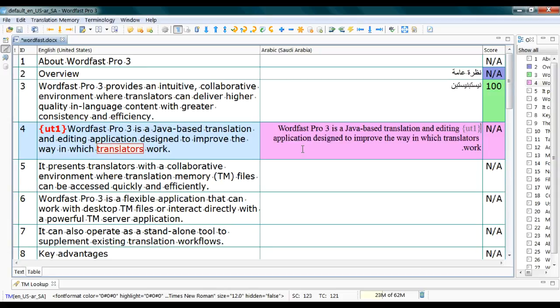I advise you to save the file you work on every couple of minutes, so you don't lose your work in case of a system crash or a power outage. You see that